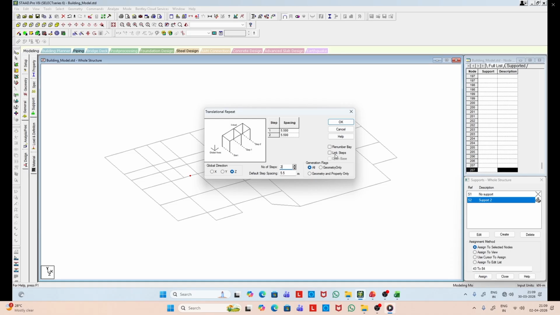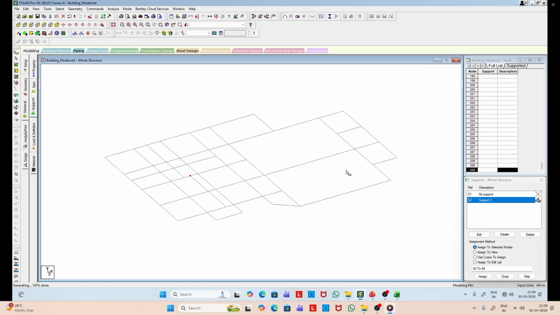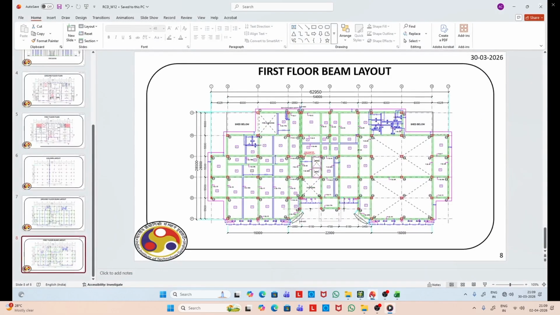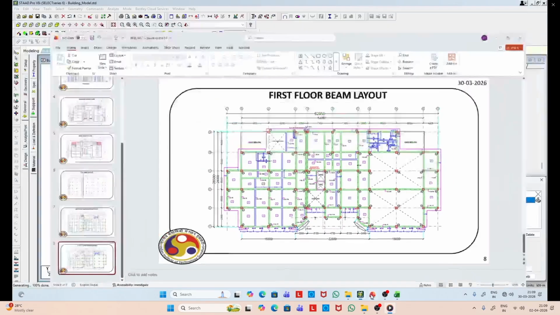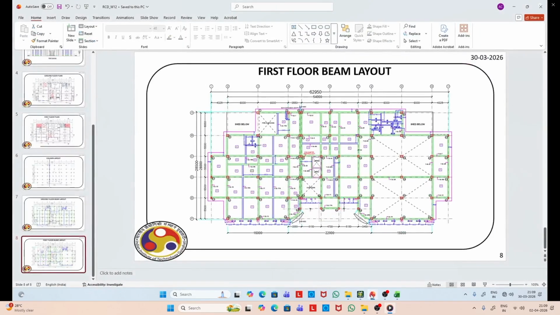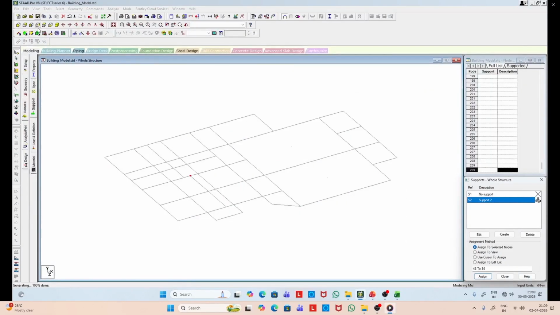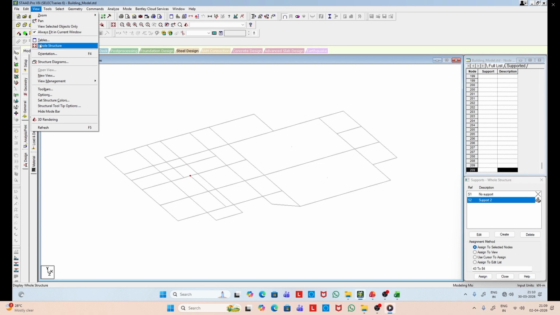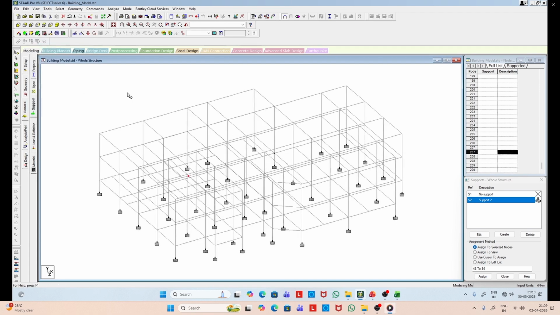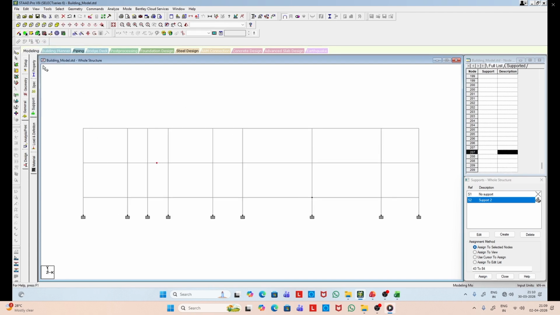We have to copy it twice, and now it is ready. So we have the complete frame ready.